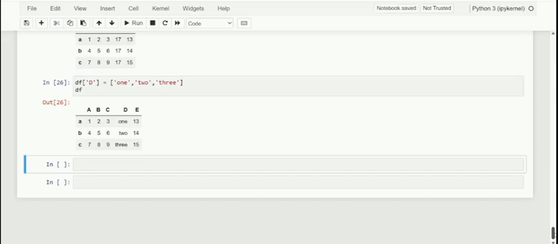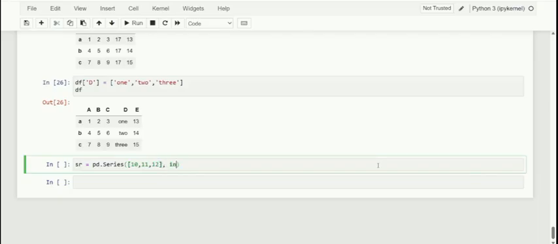So to assign a column, you can use an existing series instead of a list also. Let me make this as a series here. So pd dot Series, I just want to make it, kindly just observe, 11 and 12.